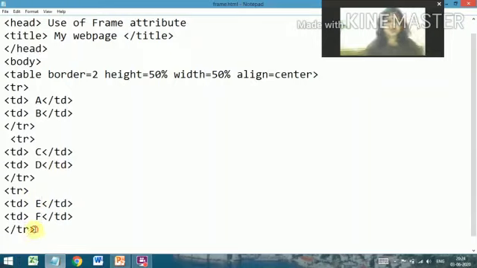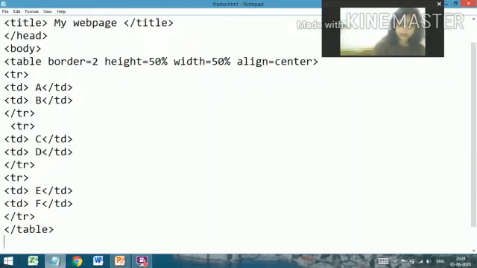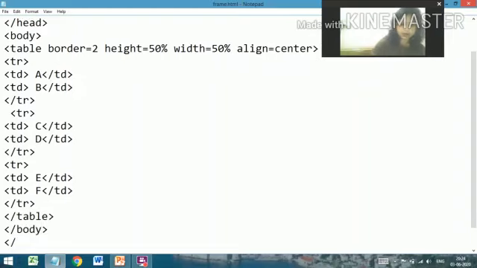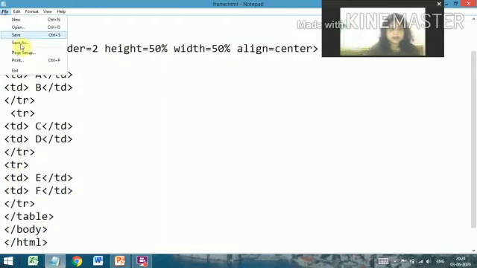So whenever you are making an HTML document, make it complete by closing all the tags. If they are not closed, then it will not be a complete HTML document. It may work in your browser. Okay. So now it is a complete HTML document and let us save it and then see the output.